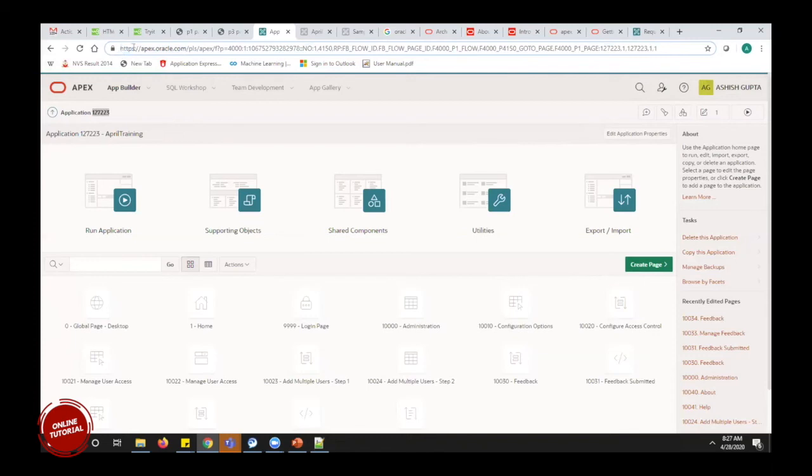To make this HTTPS, that is a secure network, we have to install the wallet. Inside that wallet you have to give the Chrome or the Mozilla certificates, whatever is there. Once you install the wallet, the endpoint will become HTTPS.